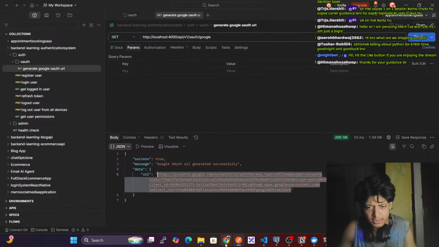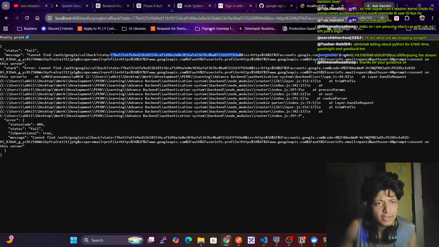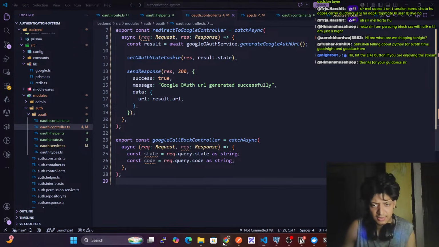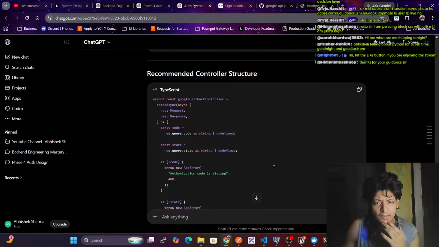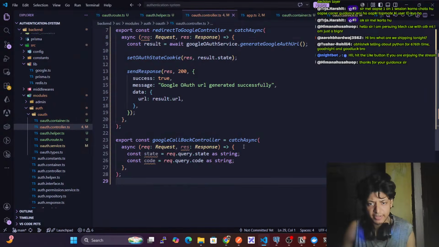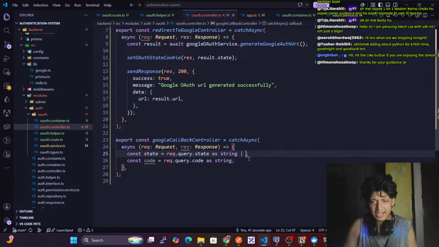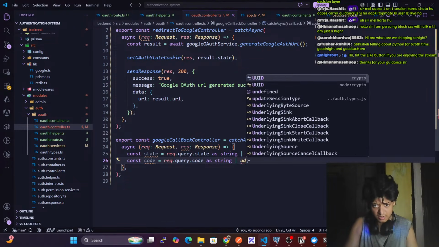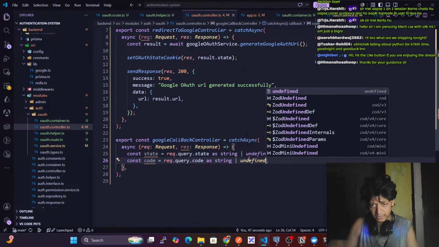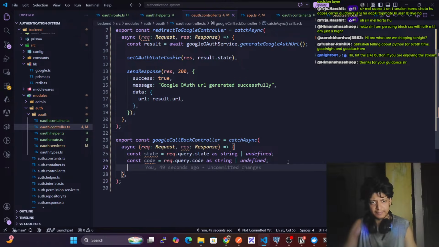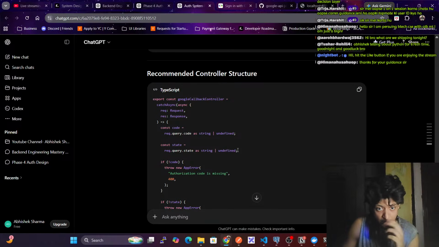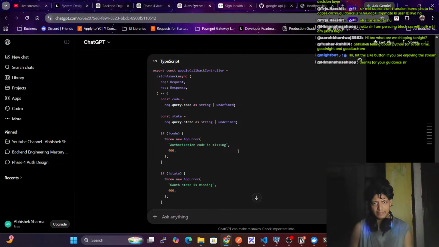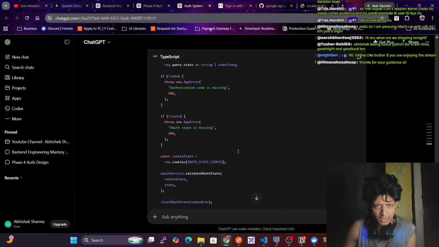And is it query? Just a sec. If I go here, yeah, it is a query. Okay, so we have this as string or undefined, as string or undefined. Okay, then what is happening? If there is no code, throw new app error, authorization code is missing, no state, auth state is missing. Okay,